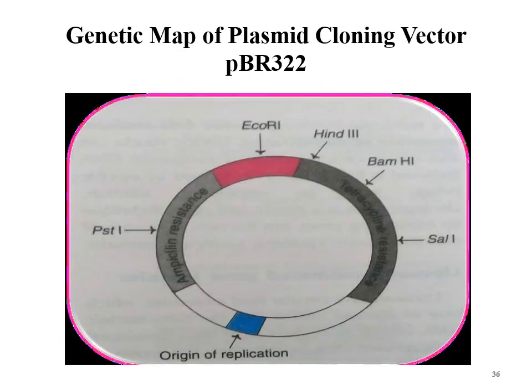Another important example of the plasmid cloning vector is pBR322. Here you can see the genetic makeup of a plasmid which contains EcoRI, HindIII, BamHI and ClaI restriction sites, the origin of replication, and the ampicillin resistance gene. All these are the characteristics of the pBR322 cloning vector, which is a plasmid.